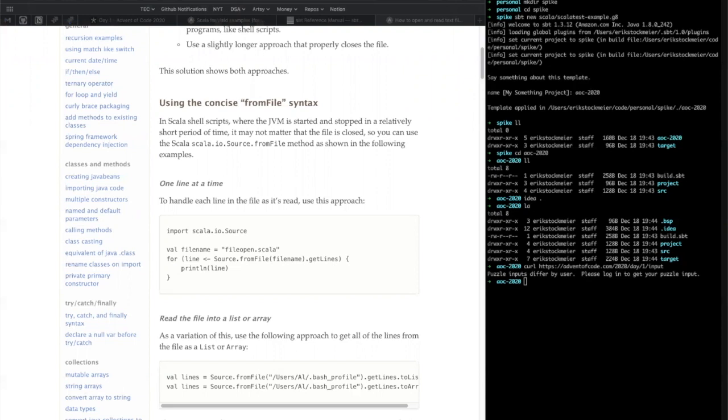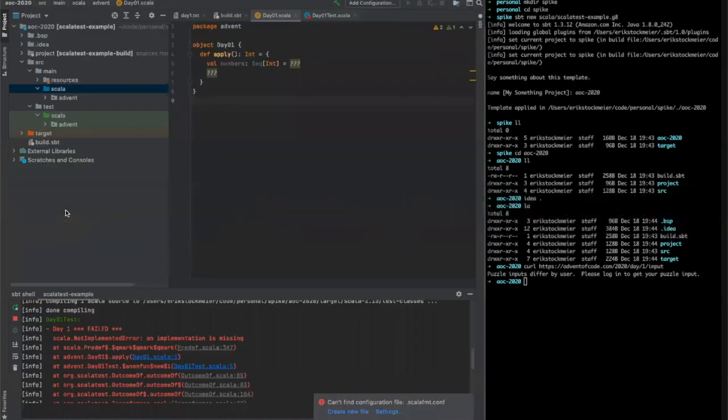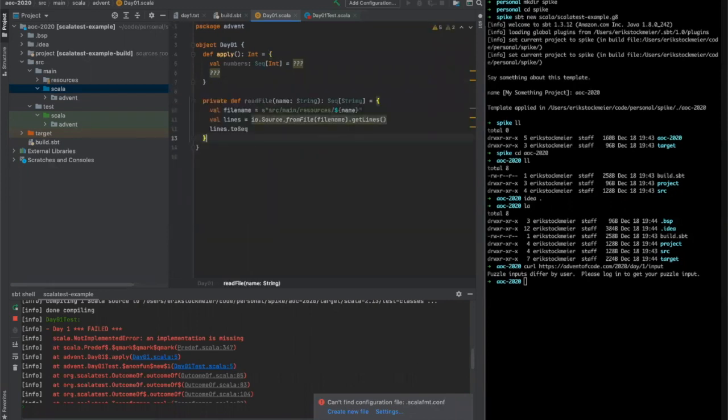We could do this in our own separate reader class. And in fact, as the advent of code continues, that would probably be a good idea. But for simplicity's sake, I'm making a read file here. And what does this do? Well, first off, we're going to call IO, which is part of the Scala standard library, so I don't need to import it. Source from file. I'm going to pass a file name in,